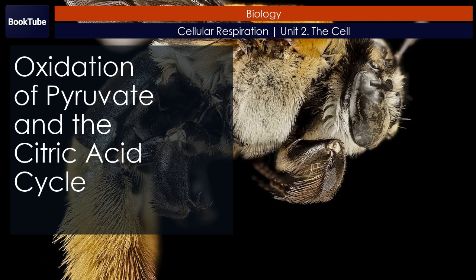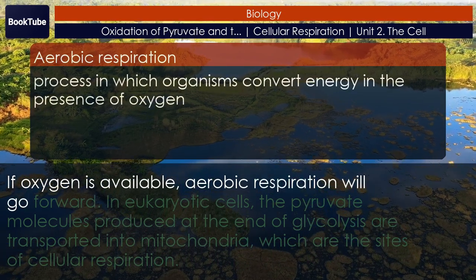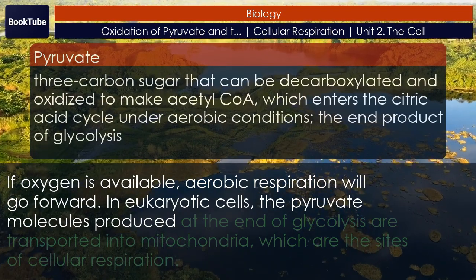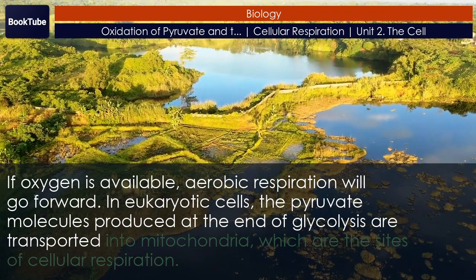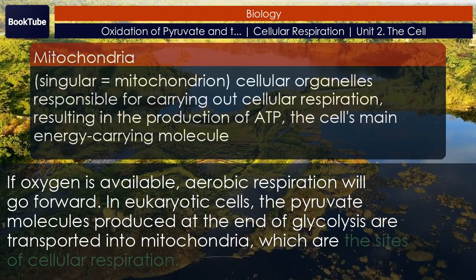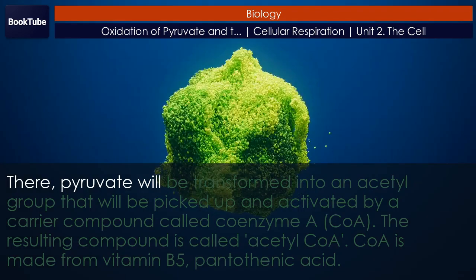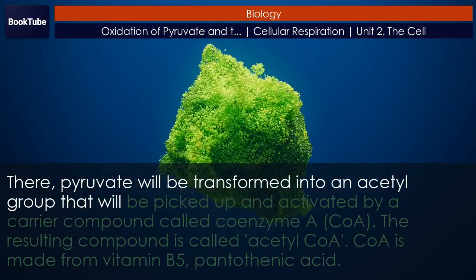Oxidation of pyruvate and the citric acid cycle. If oxygen is available, aerobic respiration will go forward. In eukaryotic cells, the pyruvate molecules produced at the end of glycolysis are transported into mitochondria, which are the sites of cellular respiration. There, pyruvate will be transformed into an acetyl group that will be picked up and activated by